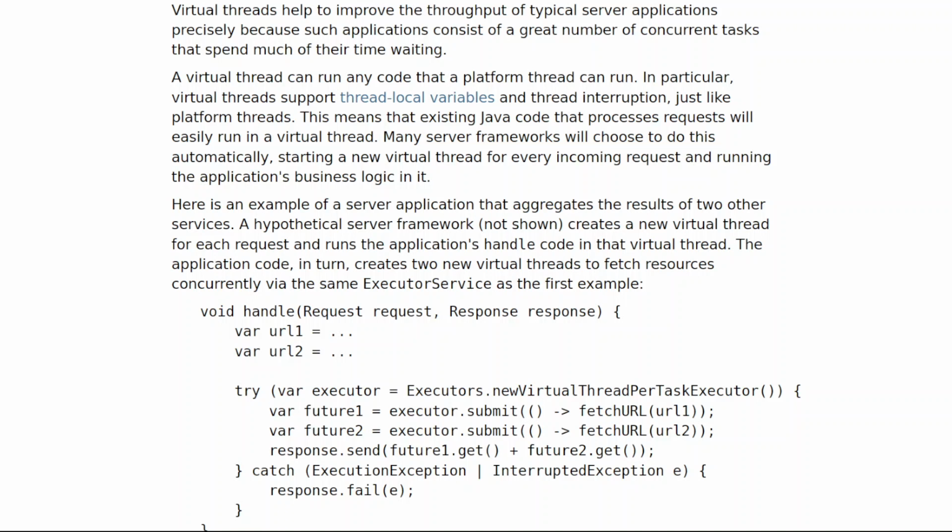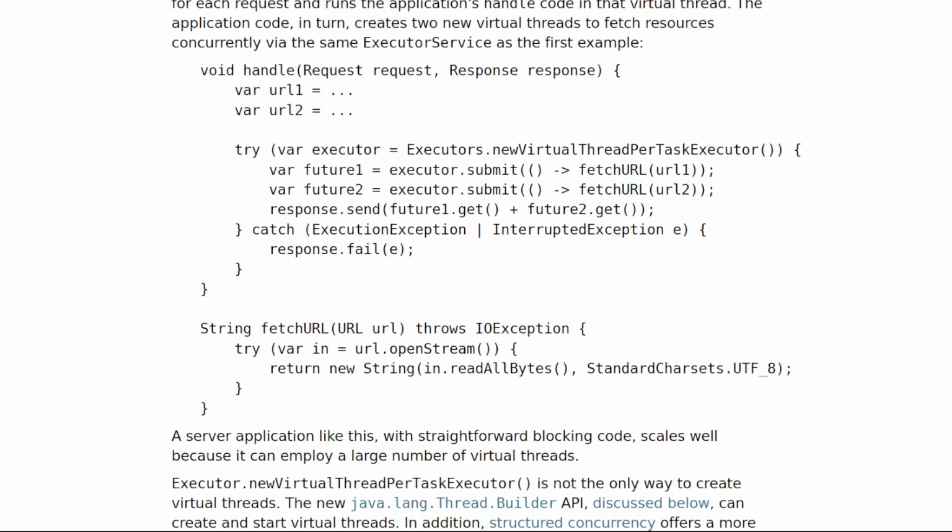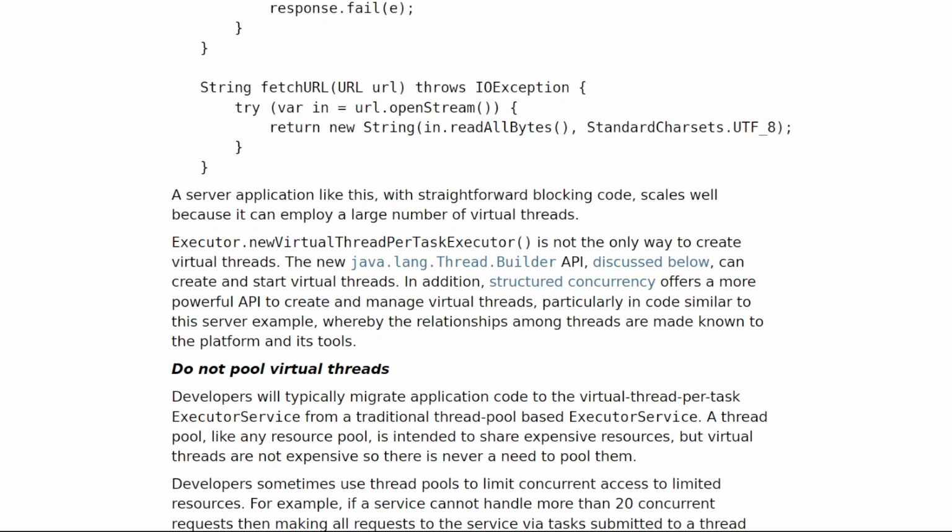Void handle request response var URL1 equals var URL2 equals try var executor equals executors.new virtual thread per task executor var future1 equals executor.submit greater than fetch URL1 var future2 equals executor.submit greater than fetch URL2 response.send future1.get plus future2.get catch execution exception interrupted exception e response.fail e string fetch URL throws IO exception try var in equals URL.openStream return new string in .read all bytes standard charsets